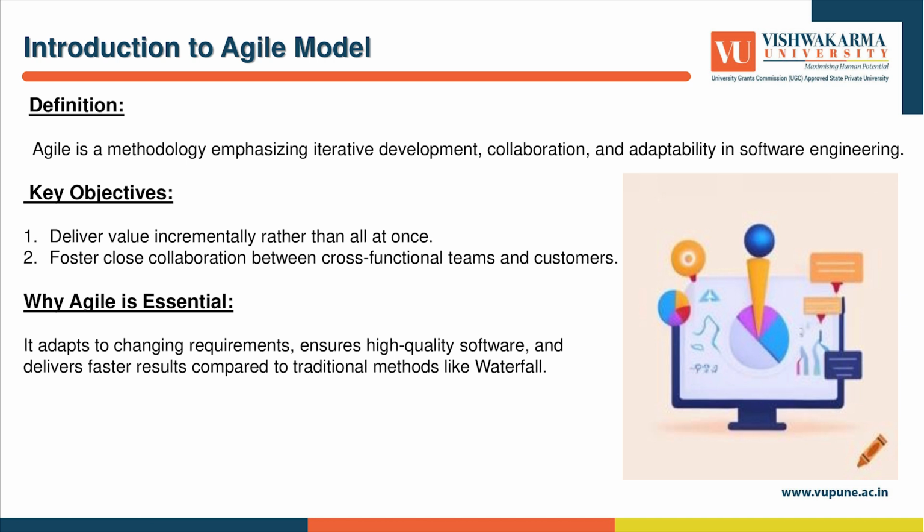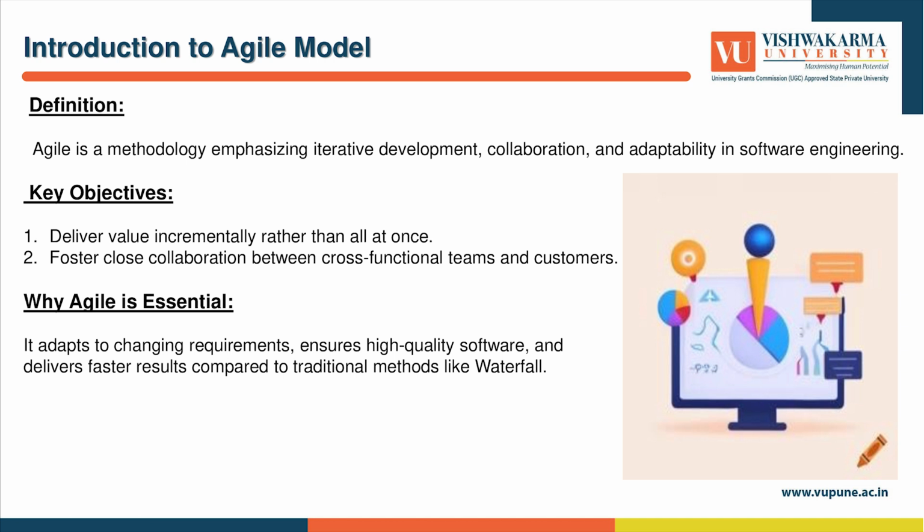In simple terms, Agile is a software development approach that emphasizes small, iterative cycles of development known as sprints. Rather than building an entire product upfront, teams deliver small chunks of working software quickly with constant feedback from the customer. The goal is to adapt to change quickly and continuously improve the product.